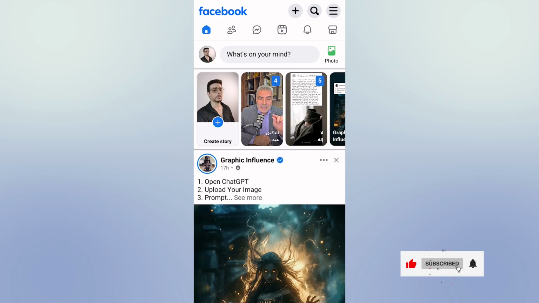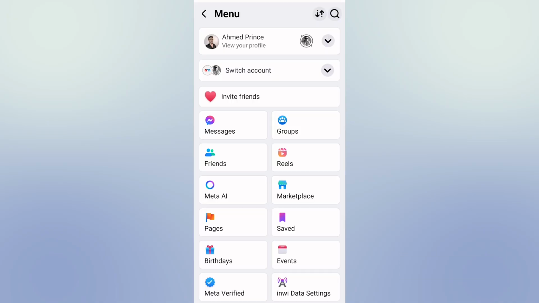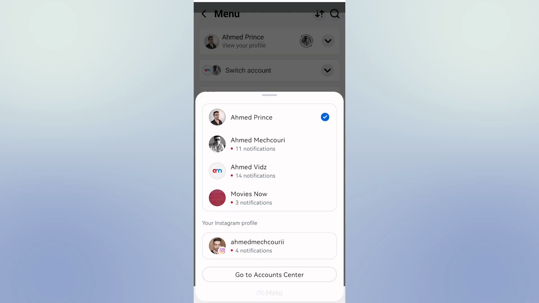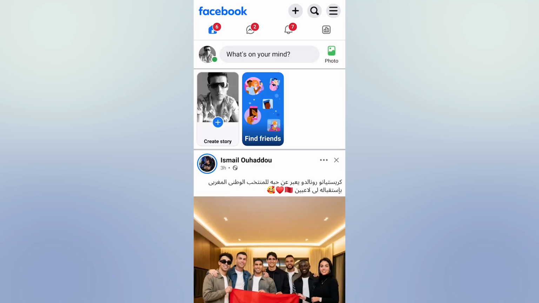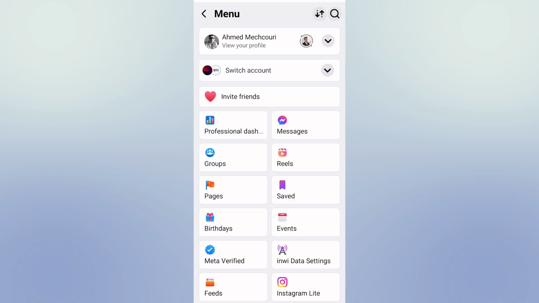Okay, first open your Facebook Lite app, then tap three lines, then tap the arrow button over here, then select the page you want to delete, then tap three lines, then scroll down,